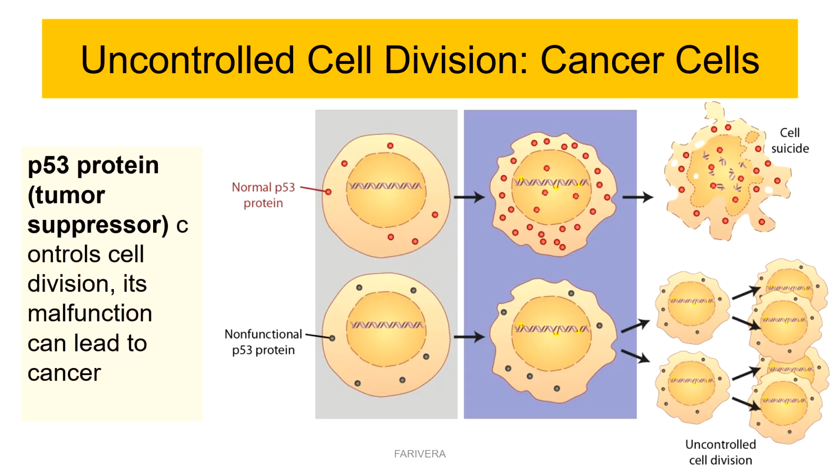Okay, so cell division must be carefully regulated. This slide now introduces the P53 tumor suppressor protein. P53 contributes to the control of cell division. When normal regulatory mechanisms malfunction, abnormal cells may continue dividing when they should not. This can contribute to the development of cancer.